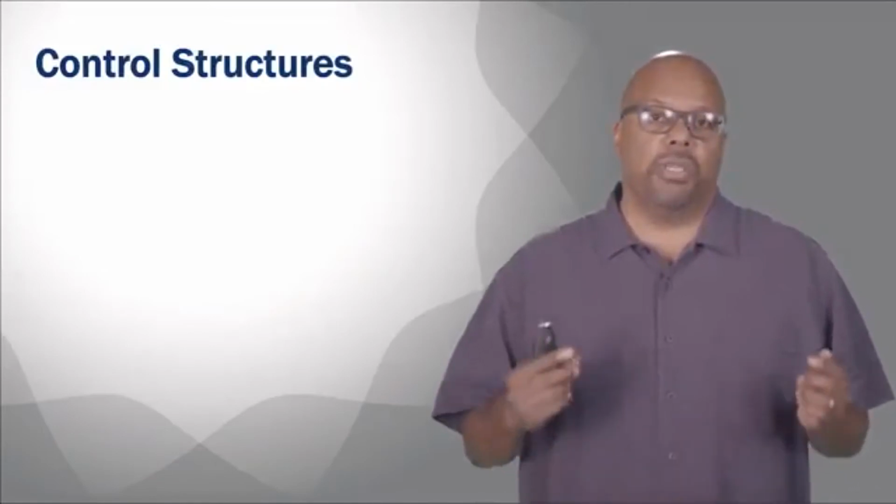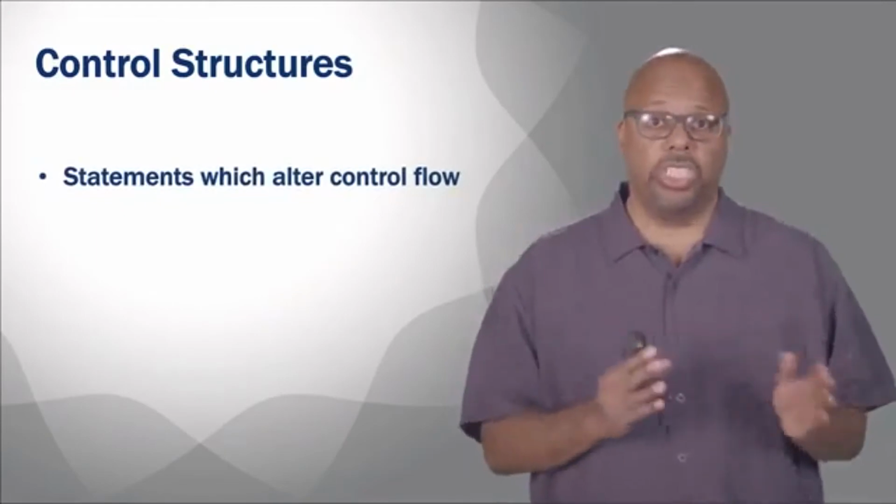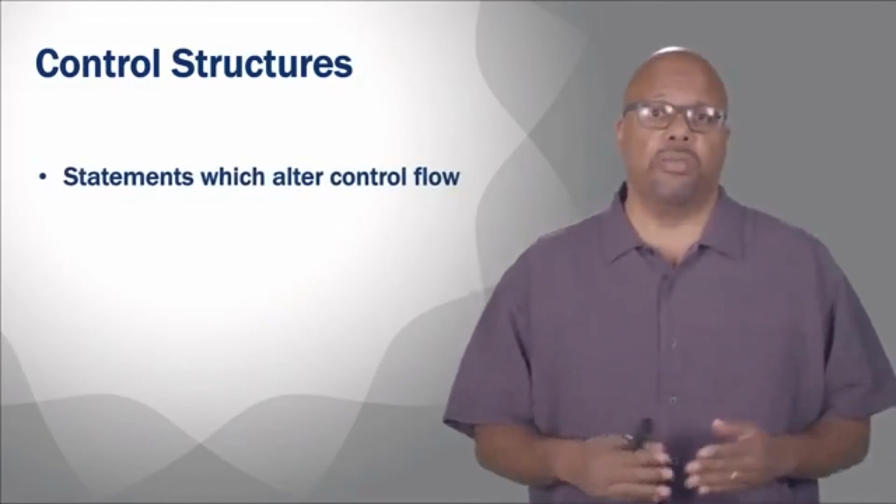So control flow describes the order in which statements are executed inside a program. Now, the most basic control flow is just executing one statement at a time, one after the other, right? Procedural control flow, just top down. Now, the control flow changes for a lot of reasons, but the first reason is because the programmer inserts control flow structures into their code, which changes the sequence in which statements are executed.